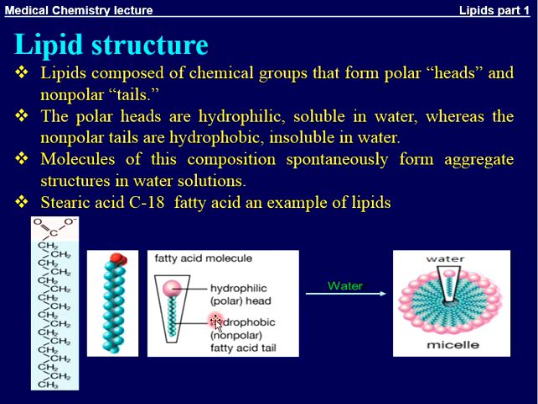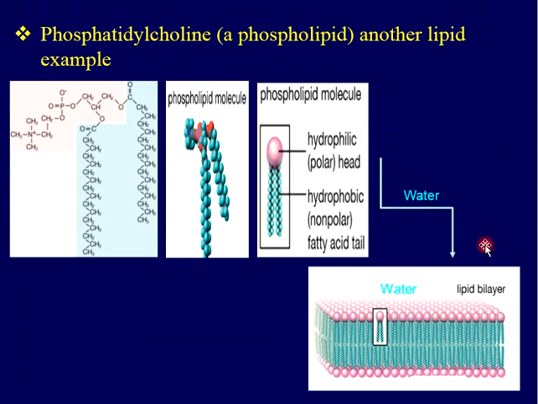When you put this molecule in water, the polar head group loves water, so it is directed toward the water, while the tail is on the opposite side to protect itself from the water. So the polar head group is outside and the hydrophobic tail inside, forming this structure which is called a micelle, in water solution. The second example is